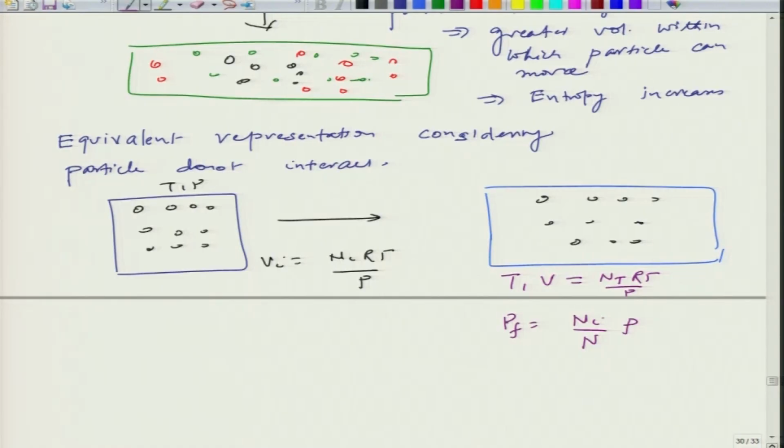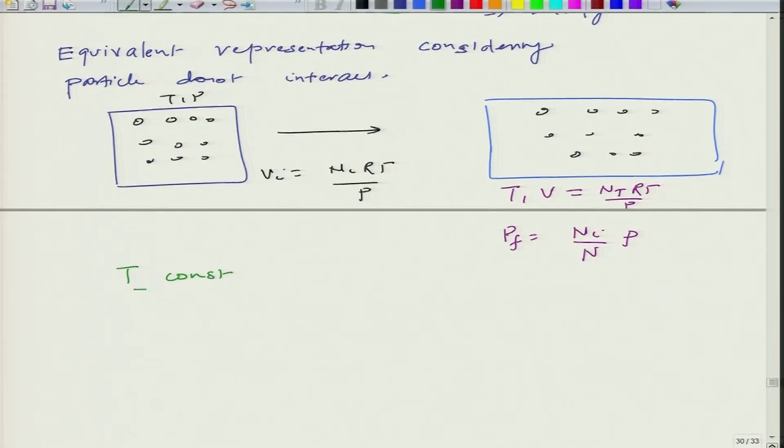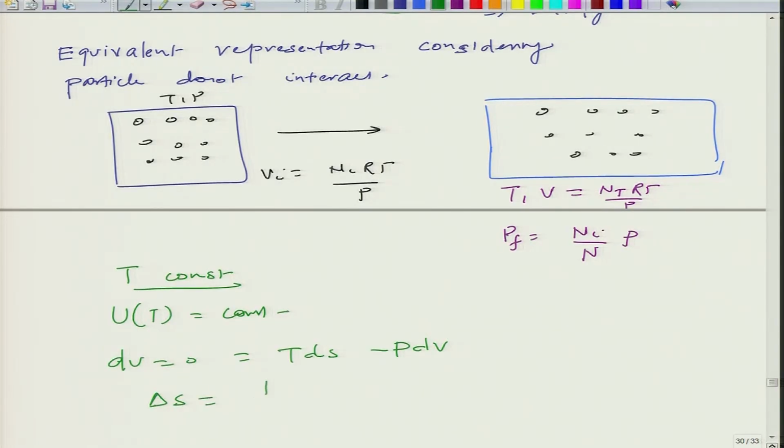Since T is constant here, okay, and I know that upon mixing, or even when expanding here, if T is constant, essentially that means U is constant, right, and now if U is constant, dU is equal to 0, but dU is nothing but T dS minus P dV, right. So, I can write delta S as 1 by T integral of P dV, okay, at